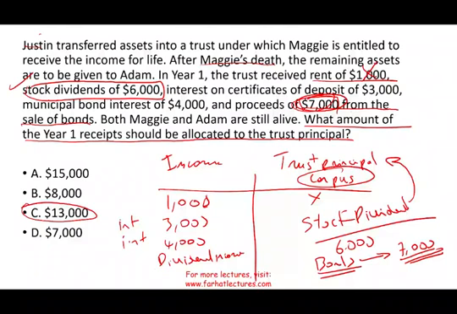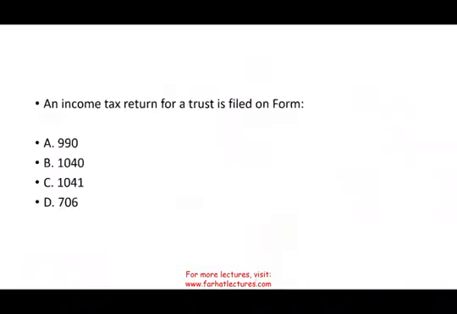So notice here, they could have asked you, what is the income portion? The income portion is 1, 3, 4, and 7. Make sure you don't select 8, because 8,000 is the correct answer if they're asking what amount should be allocated to income rather than trust. So be careful what you are being asked. And the 15 and the 7 are a wrong combination of a few things. Make sure you know the difference between what goes under the corpus and what goes under income. Again, farhatlectures.com will take care of that if need be.